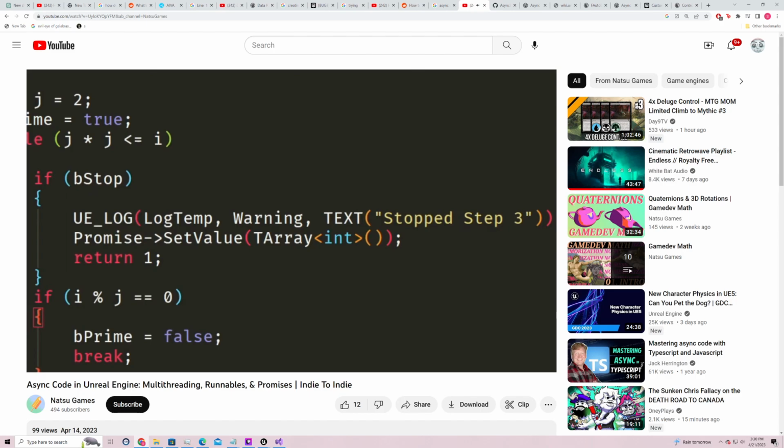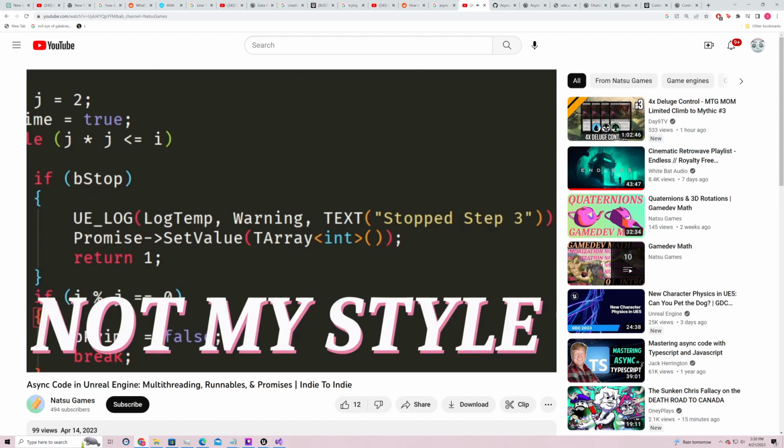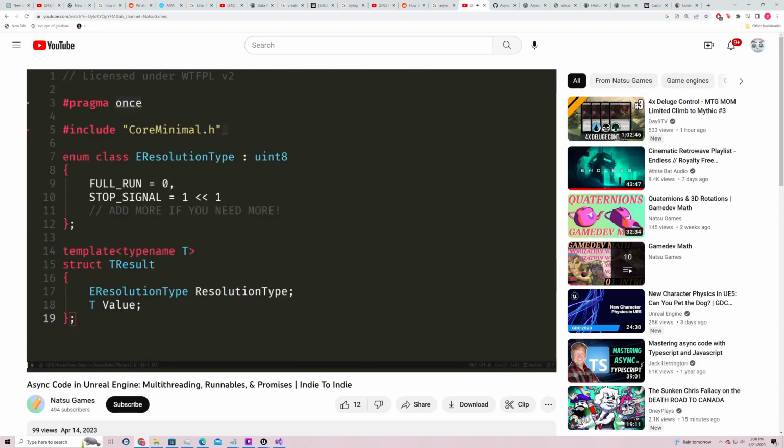Now, to me, this is inappropriate. I'd much rather resolve to a different value specifying why execution stopped. So I created a wrapper to add that behavior on top of the resolution value. It's a lot easier than you'd think. I just hammered out the following lines. As you can see, it's super simple.